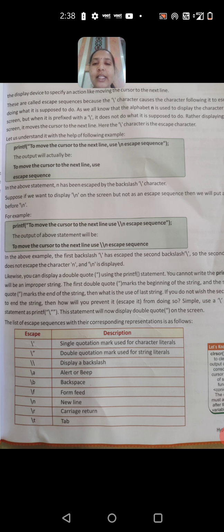See here, in the printf they have given \n only after "use". If we give a single \n, it will go into the next line. If you write \\n, it will not go into the next line. It will print \n. See the output, you will get an idea.